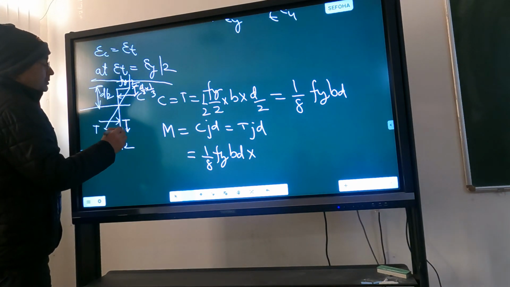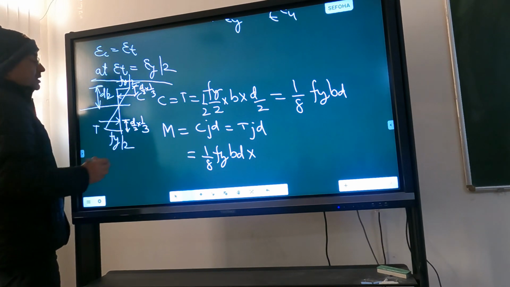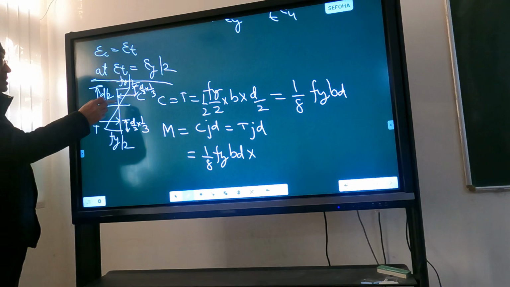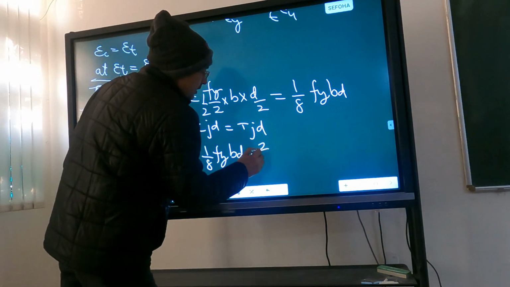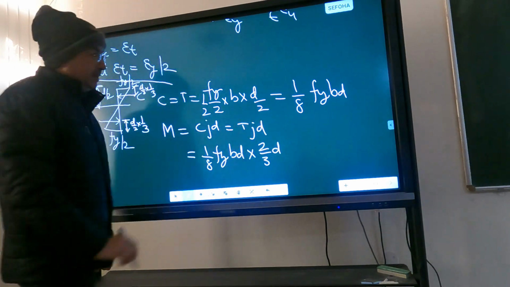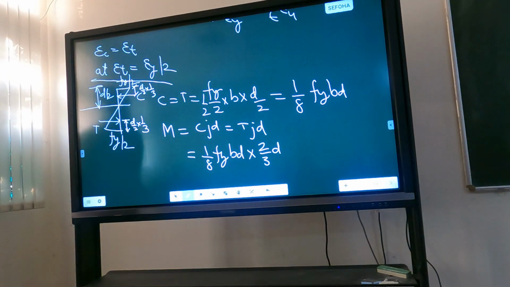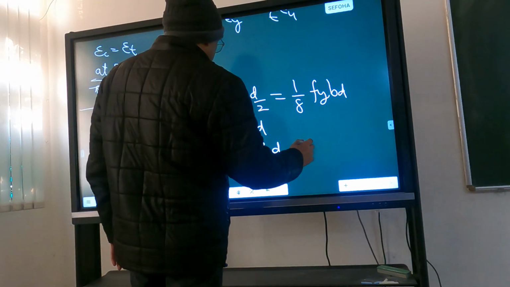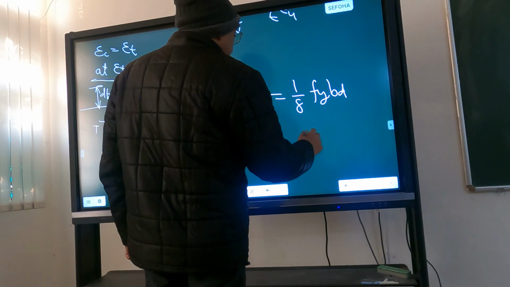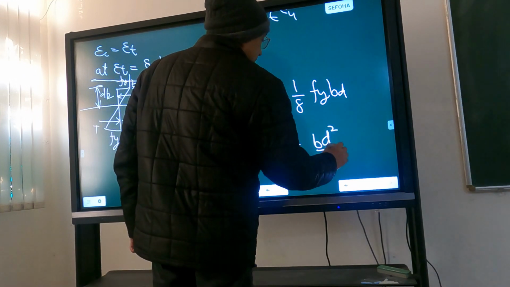From here also it will be d by 2 into 1 by 3. So this will be 2 by 3 d by 2 plus 2 by 3 d by 2. So that will be 2 by 3 of d. Agree? So how much it becomes? That becomes b d square by 6